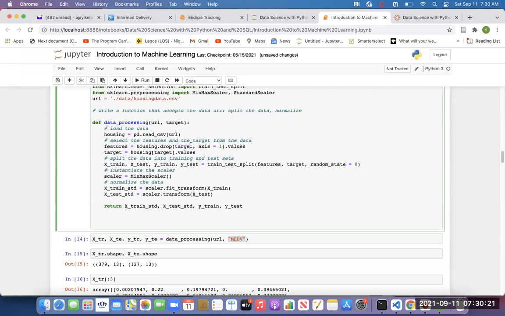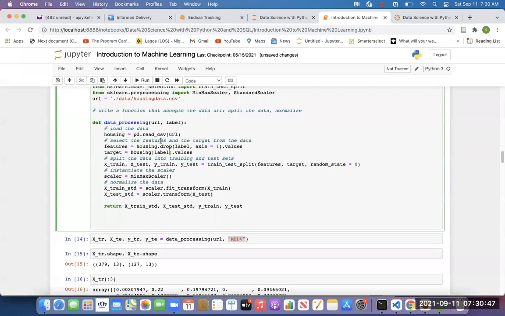So that's what we drop. I can give it another name if this particular one will be confusing to you. I can call it label. So that means we change it to label here. Whichever one that you call it, just keep track of what you are doing.